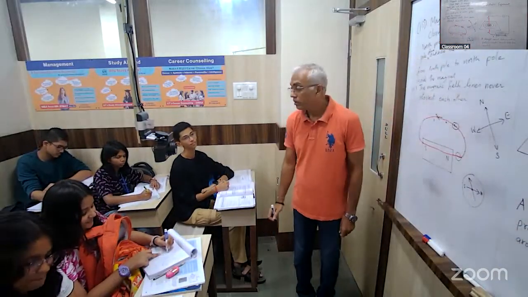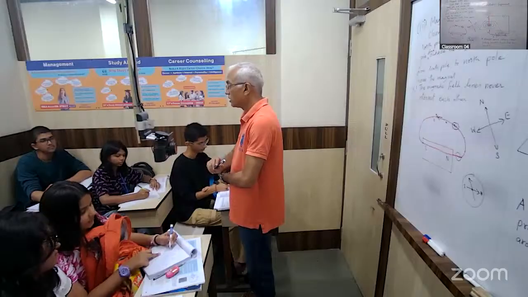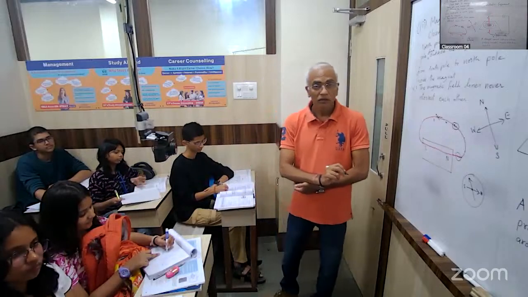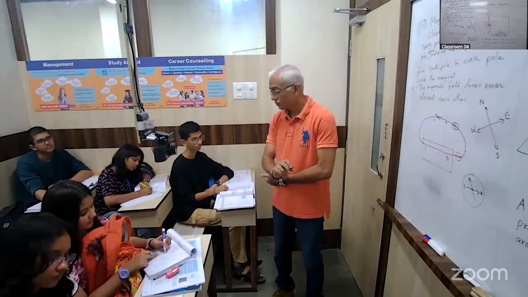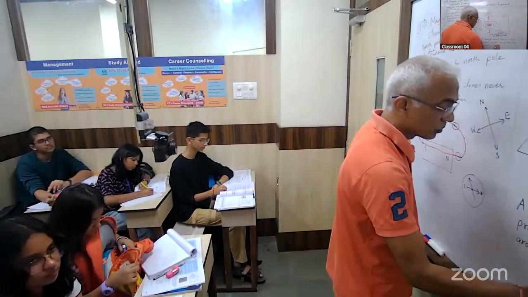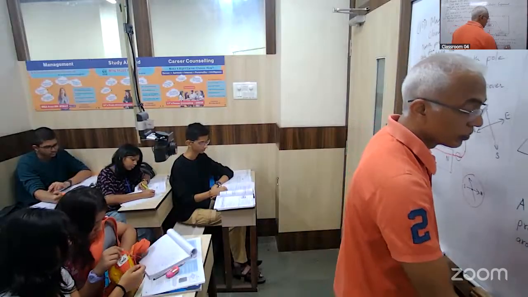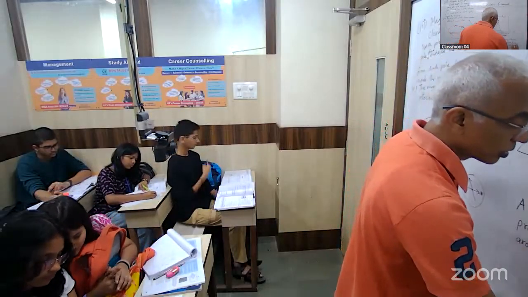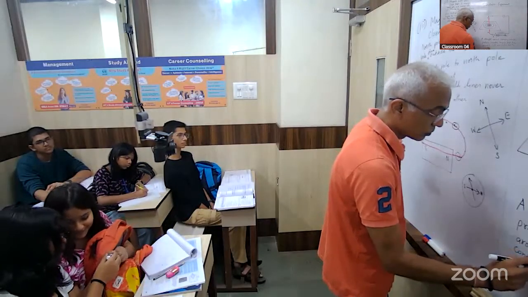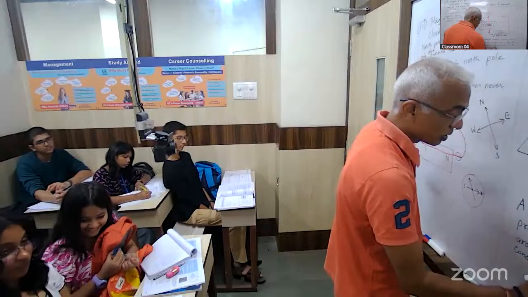A straight current carrying conductor produces concentric magnetic field around it. The field lines are crowded near the conductor and spread out